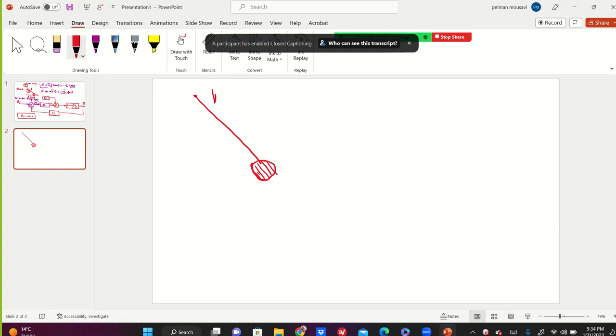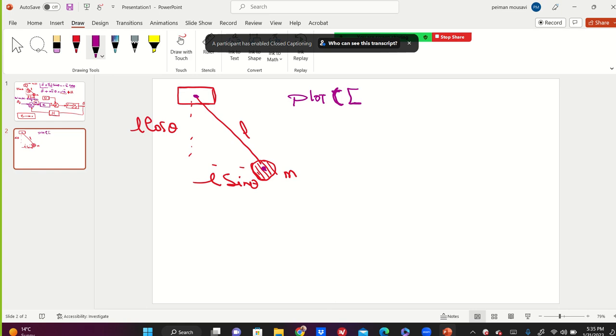So here was again L sine theta, L cosine theta. In MATLAB, this is how you plot this line. You say plot, bracket,